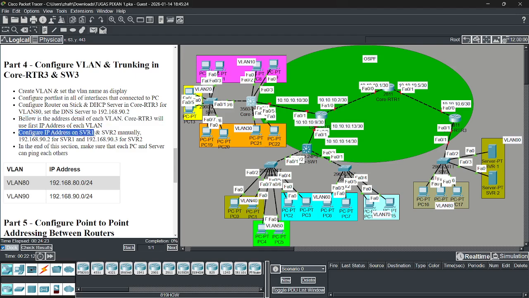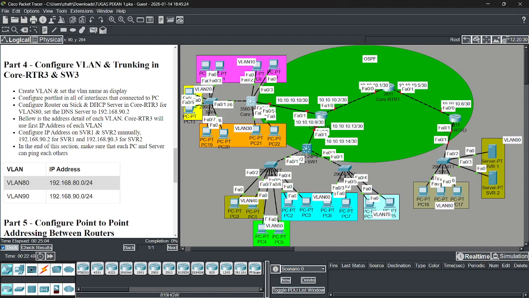Configure the IP addresses on server 1 and server 2 manually. Server 1 is 192.168.90.2, and it will be the DNS server for this topology.